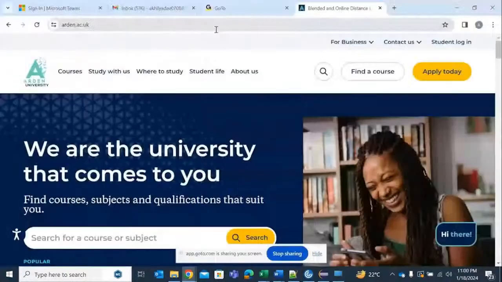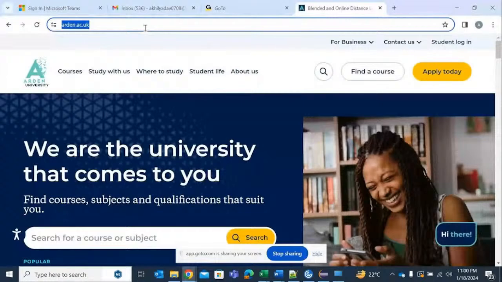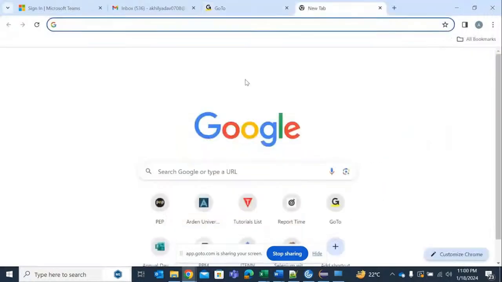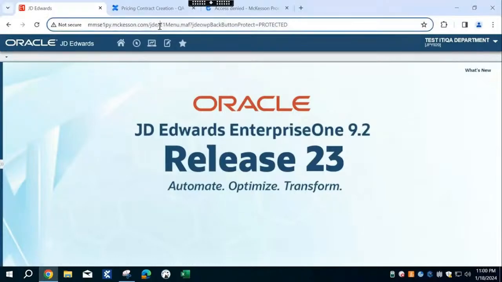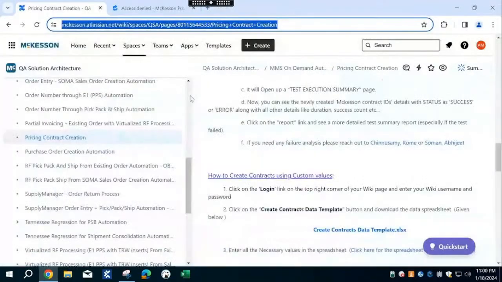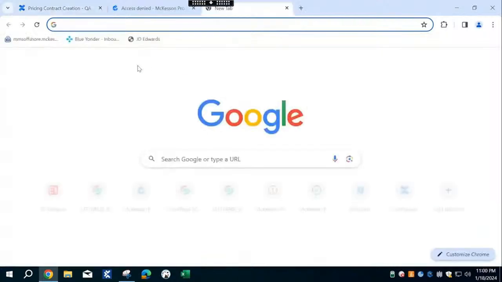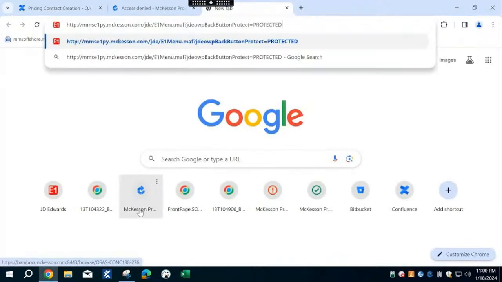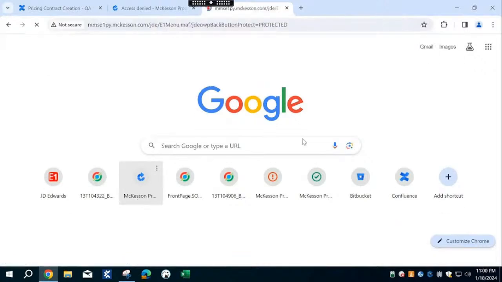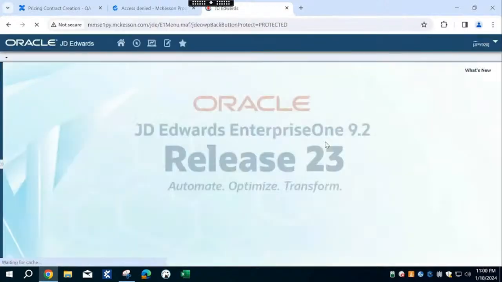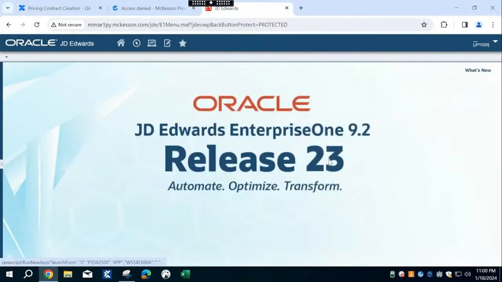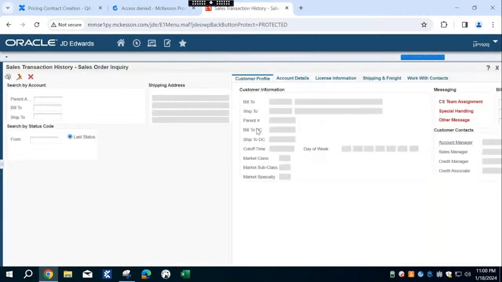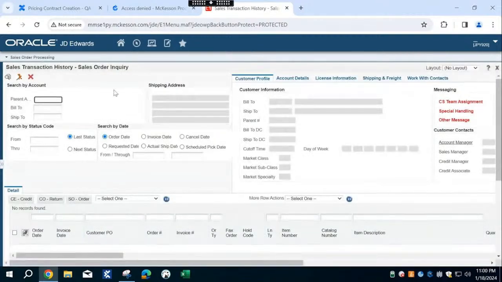So if you see here, this is an Arden site. Let me copy this URL and place it here. So this is being launched in the browser. If I go back to this, this is just our Chrome browser. I'm pasting the URL here, and it is directly taking me to this particular screen. Here, the UI will be a little different. The reason is